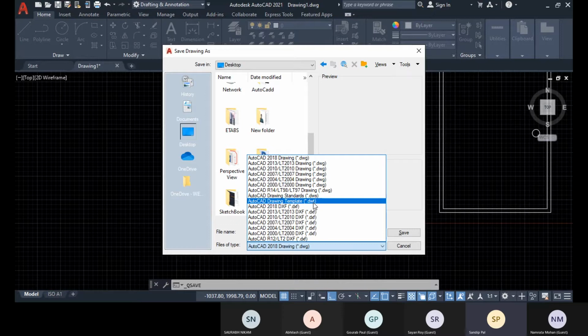So a template is a particular set of all the settings you set within a DWG file, and within all the presets, you save it as a DWT format, that is a template format. So whenever you open that template, all the settings you will get from scratch. So you don't have to make all the settings again and again, like text style, text height, and your dimension style. All these settings you don't have to make; within this template you will get that.